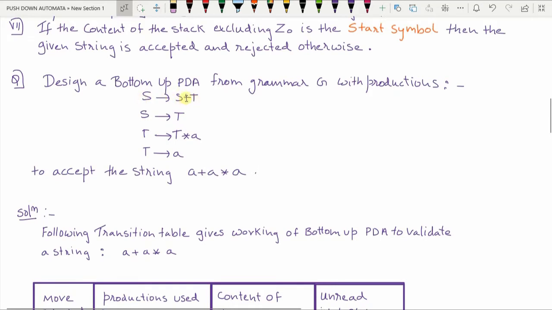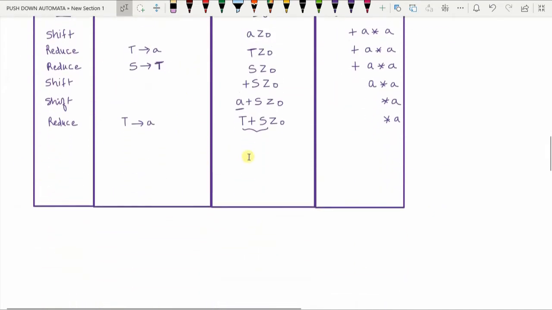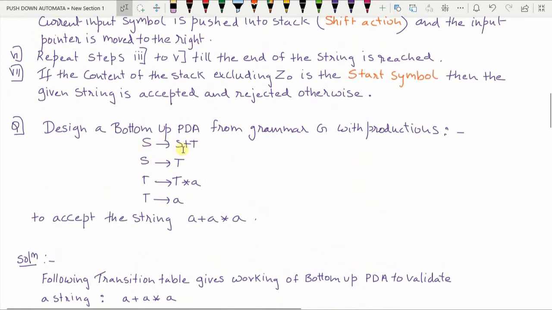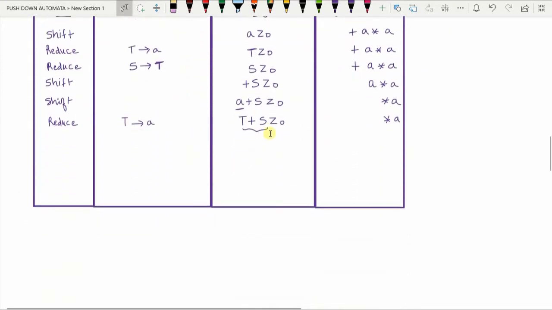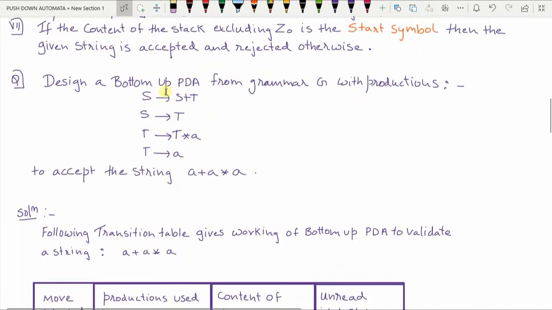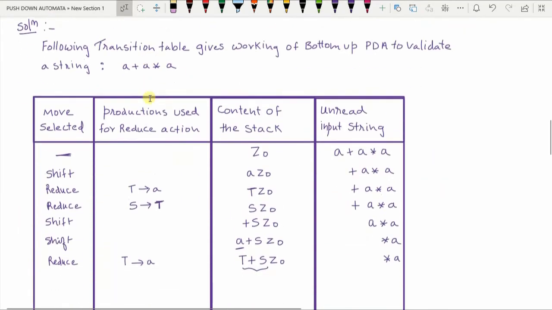So you may try to replace the right hand side with the left hand side S. So this ultimately would be reduced to S. But notice that there is multiplication in A which is yet to be considered. So if I am directly reducing S plus T with S,